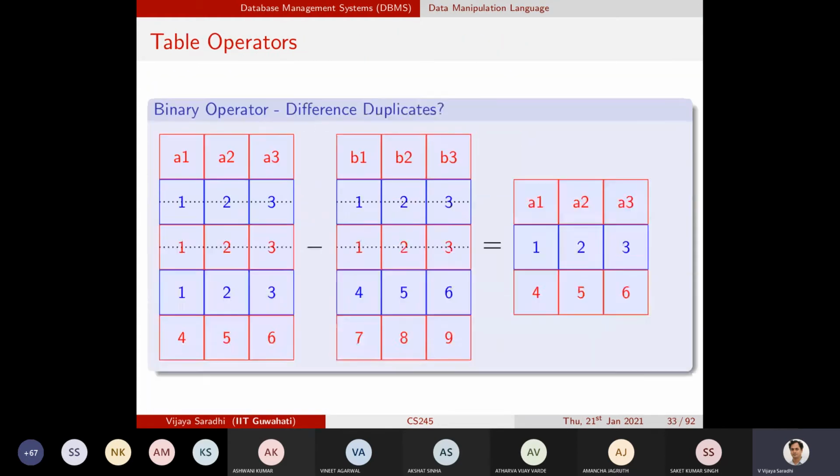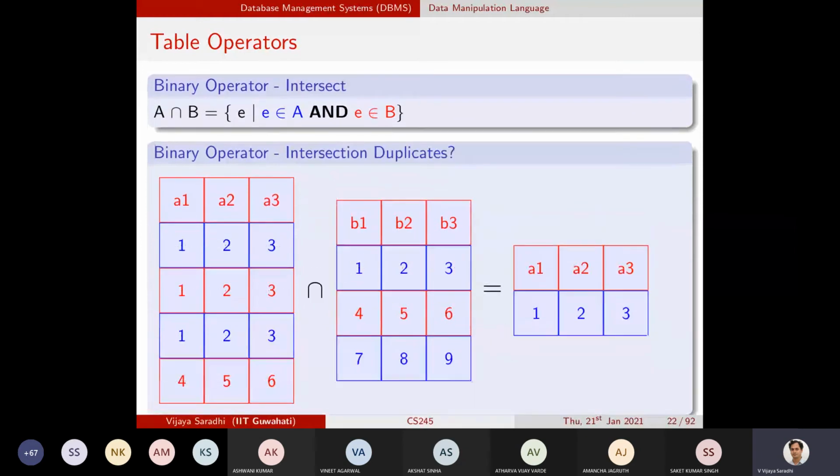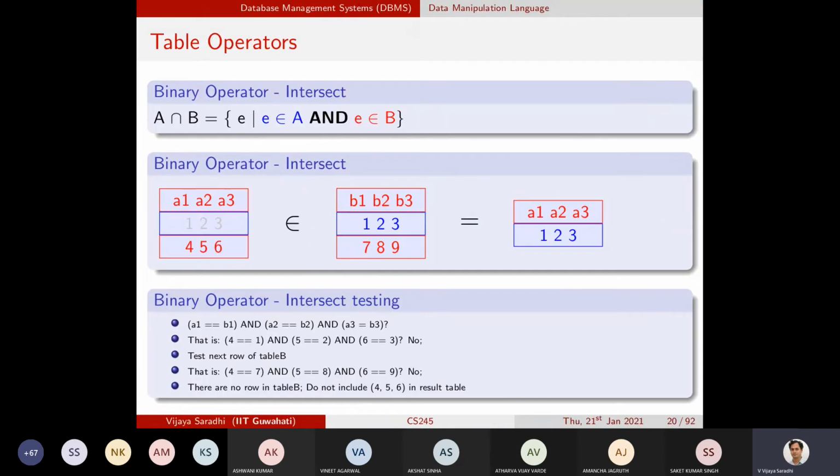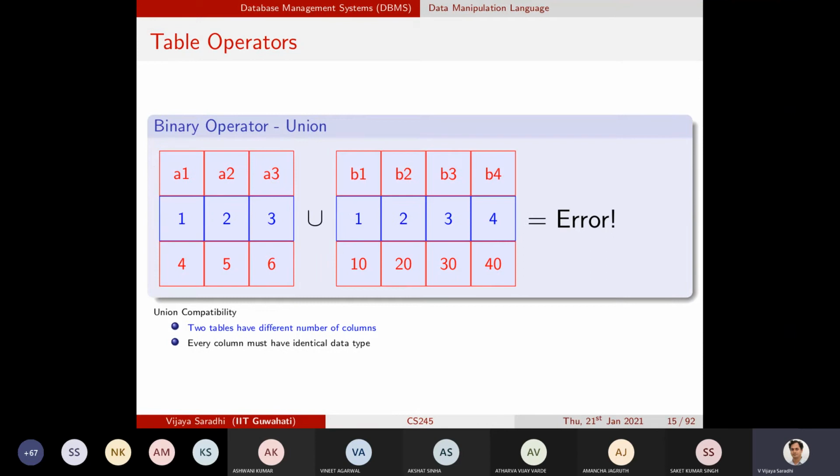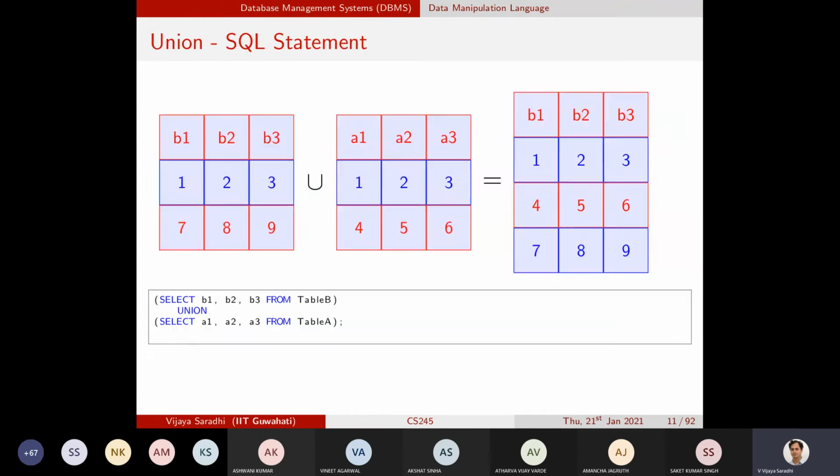If it has no relation to MySQL, if we are not discussing MySQL at all, then for union we are essentially saying table A union table B or table B union table A. And if you wanted to perform intersection, you say table A intersect table B. Intersect is a keyword. It's a reserved keyword and it is in the standards. But when it comes to MySQL, the intersect operation is not implemented.